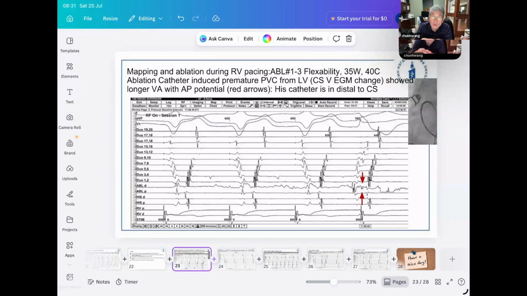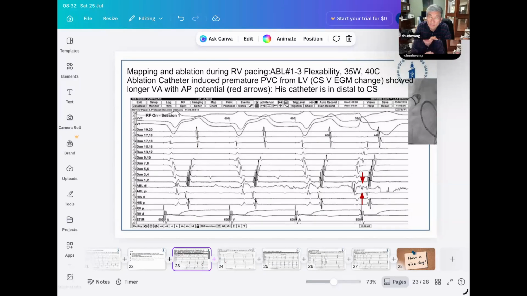So when you see coronary sinus EGM with a left-sided pathway, the atrial signal is quite sharp and large, and you only see far field V, that means your CS is much more above anatomically compared to the true mitral valve annulus. Number two, if you see such a long VA conduction time, it's very hard to find